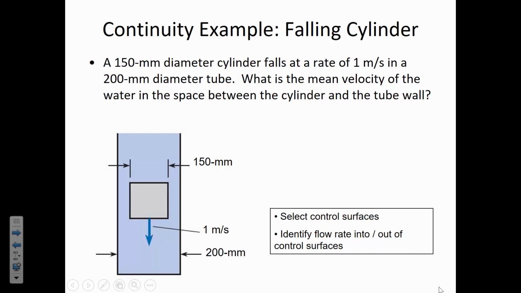Are going to capture where something is moving. And so the cylinder is moving down. What we want to do is, as the cylinder moves down, it's going to be entering our control volume. And so we want to draw a control surface that captures that entry into the control volume. And then also the fluid is going to be going out. And so if we draw a control surface that has this shape,